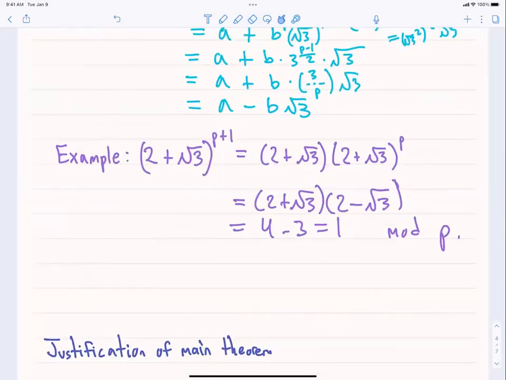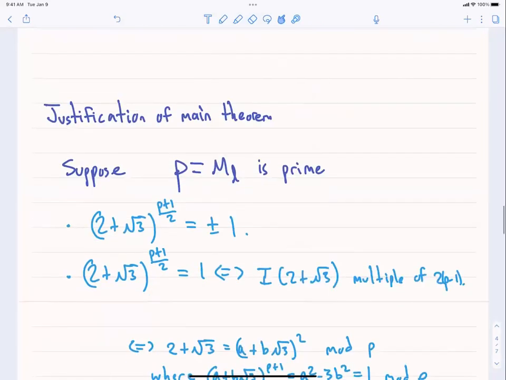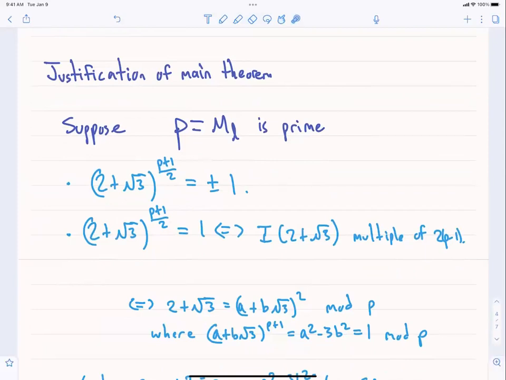Okay, and so building on that, we're now going to justify this main theorem that I just scrolled up to. So let's start with one direction. First, let me suppose that p, so I'm going to take this M_l, but I'm just going to write it as p for shorthand, is prime. As I just said, if I take 2 plus square root of 3 to the p plus 1 over 2, then this is going to be plus or minus 1. And the reason is because, by the above,